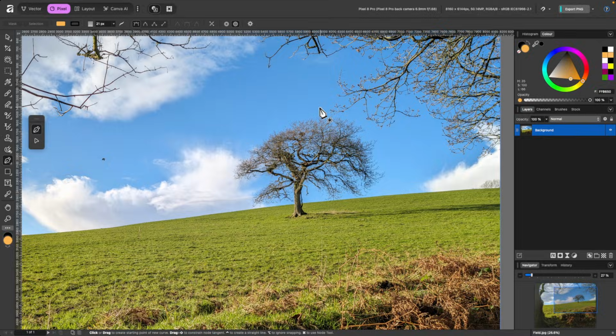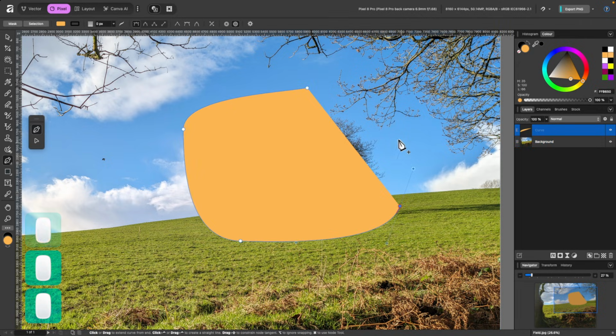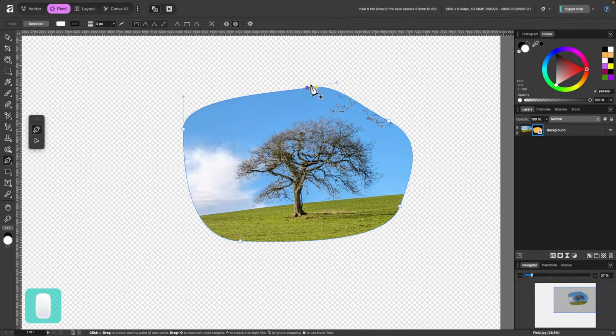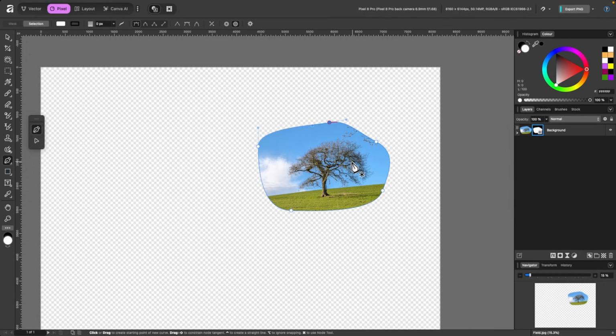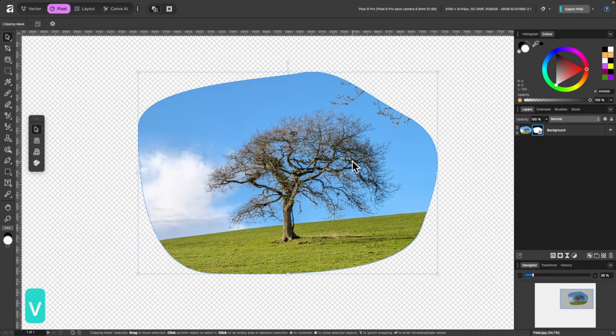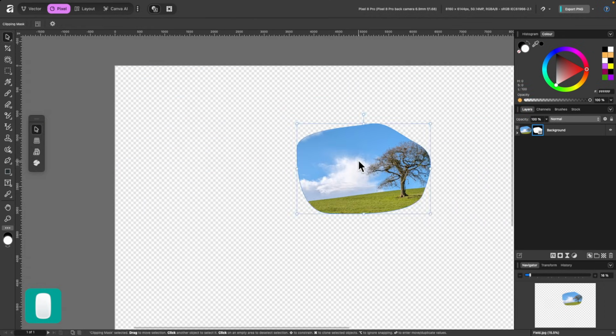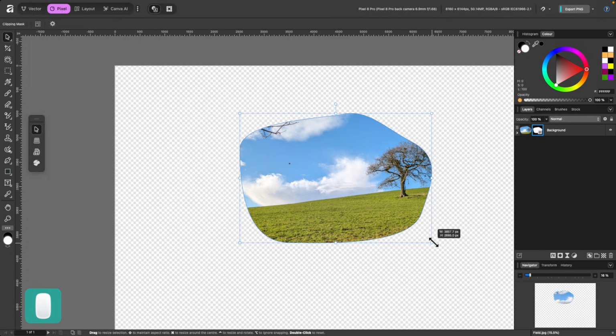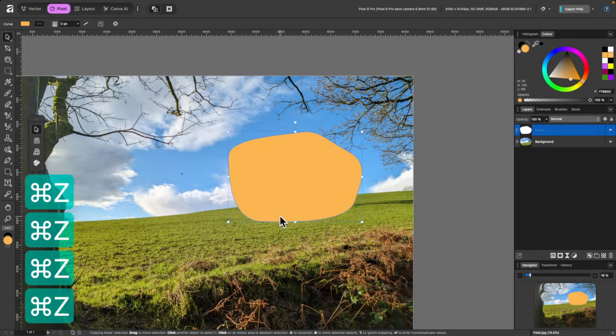You can also create masks and selections using the pen tool. So let's quickly draw out some kind of shape for this tree here. And there we go. Up in the context toolbar, there it is. You can see mask. When I click on that, you see it's basically masked out everything apart from the tree. So if I click on V, the move tool, I can choose to move this mask anywhere I want, and I can also scale it up and down. Okay, I'll press Command Z to go back a few steps.